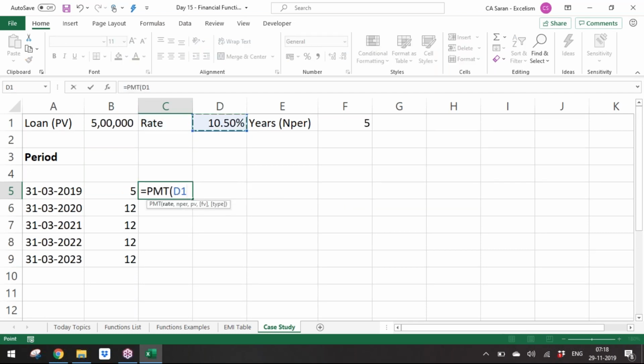Now let's take the rate. Into 5 divided by 12, comma. Number of periods, I'll take 1 because I'm not going to select the initial date in this case. When I just allow 1, I'm just trying to take 1 point here. So if it is 5 divided by 12, then comma, then present value is this. No, this will not work because,